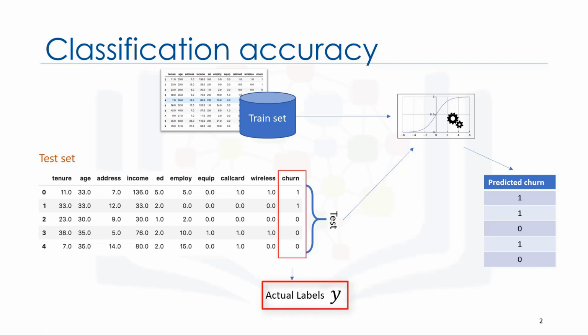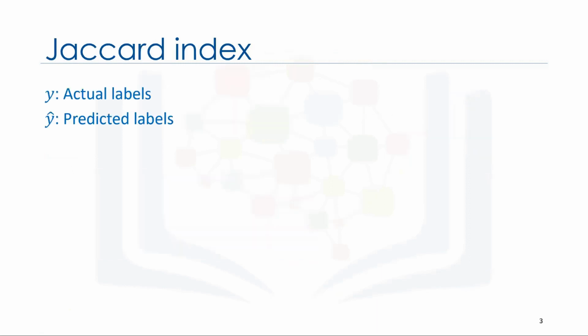Basically, we compare the actual values in the test set with the values predicted by the model to calculate the accuracy of the model. Evaluation metrics play a key role in the development of a model, as they provide insight into areas that might require improvement. There are different model evaluation metrics, but we just talk about three of them here, specifically Jaccard index, F1 score, and log loss. Let's first look at one of the simplest accuracy measurements, the Jaccard index, also known as the